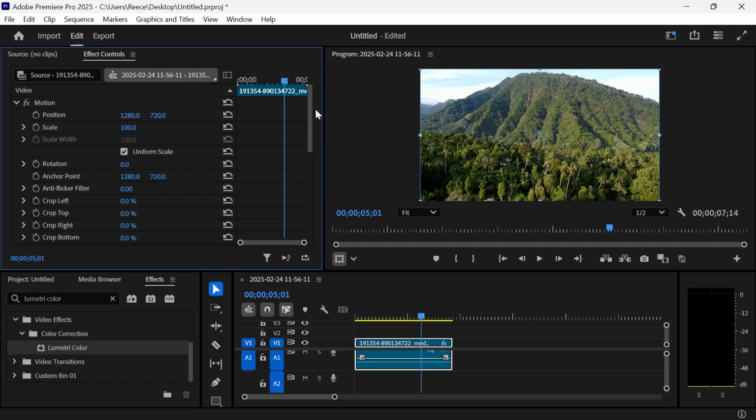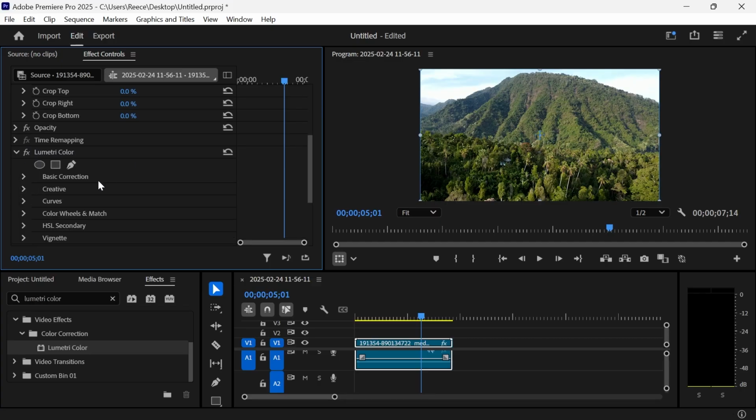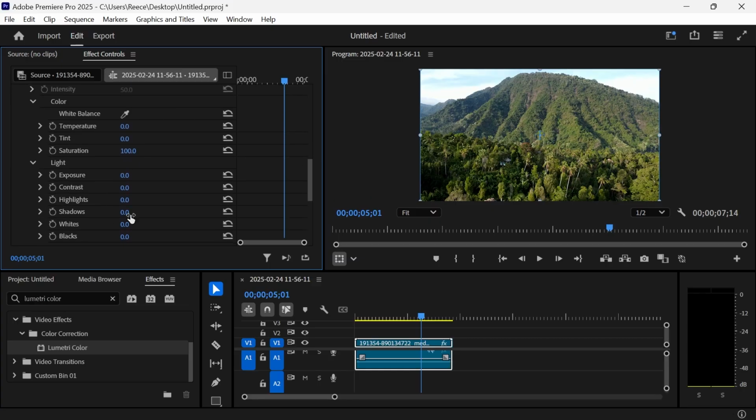then come over to the effect controls in the top left-hand side and scroll down until you see this Lumetri effect. Make sure you have the drop-down arrow selected, and then I'm going to click on Basic Correction. Now, scroll down once again, and there's a couple of things that we can change here to darken the video